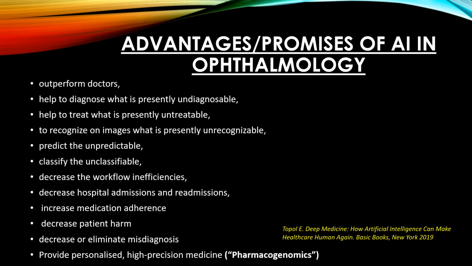So what are the various advantages of AI in ophthalmology? So we have seen so many uses in the past slides. So it can outperform doctors at times, and it helps us to diagnose what is presently undiagnosable. It helps us to treat what is presently untreatable and what is presently unrecognizable. It can predict the unpredictable, classify the unclassifiable, decrease our workflow inefficiencies and save time and money and work, decrease